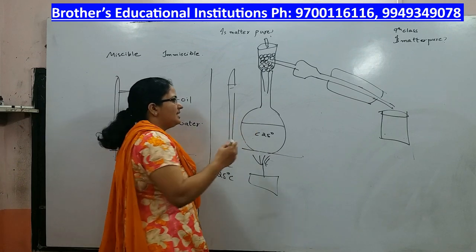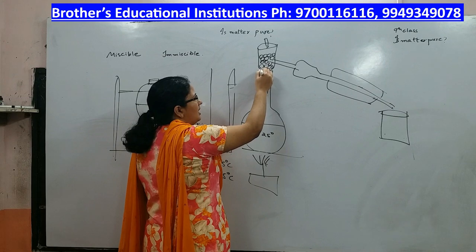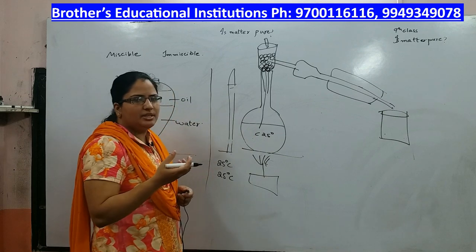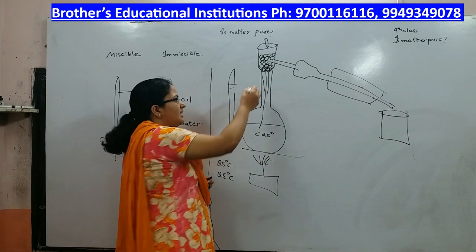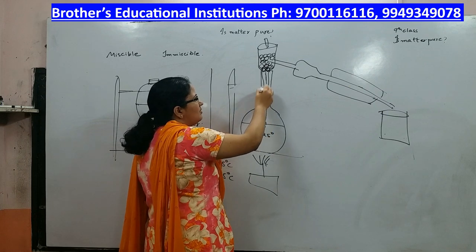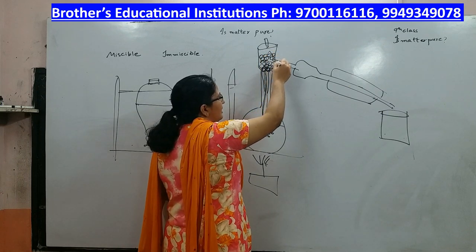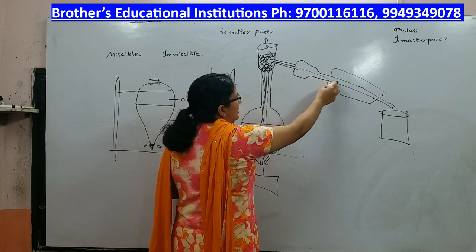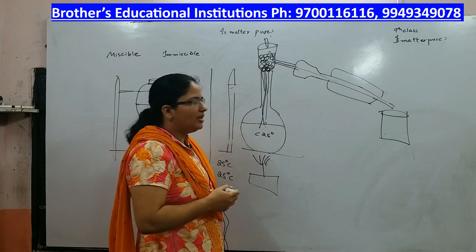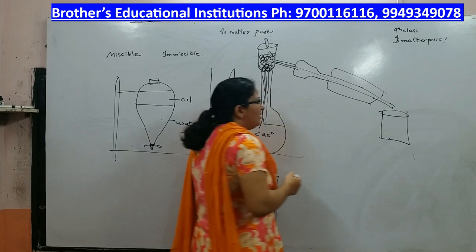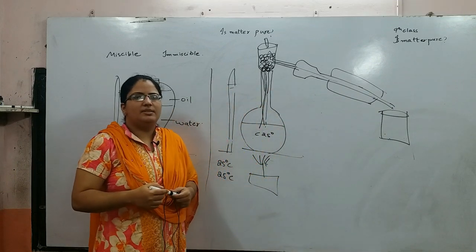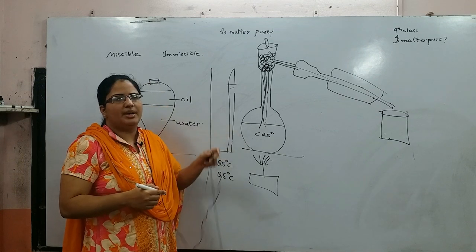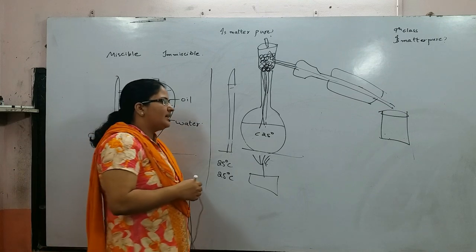As they rise over here, the water particles touch the surface of the glass beads. Glass beads provide enough surface area for the water to condense. So once again the water droplets come back. The other liquid which has the higher boiling point escapes out of this fractionating column. Then it moves to the condenser where it converts into liquid, and that can be collected in a beaker. So this is how two miscible liquids whose boiling point difference is less than 25 degrees centigrade are separated.